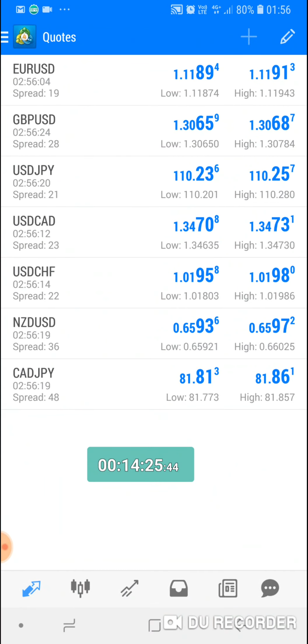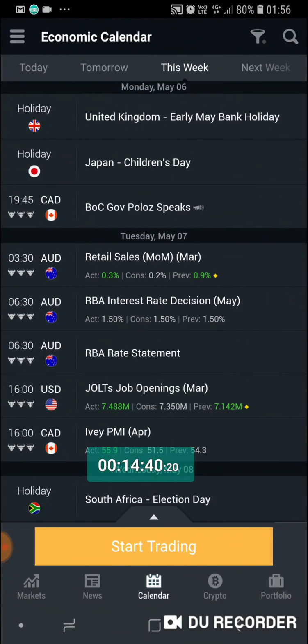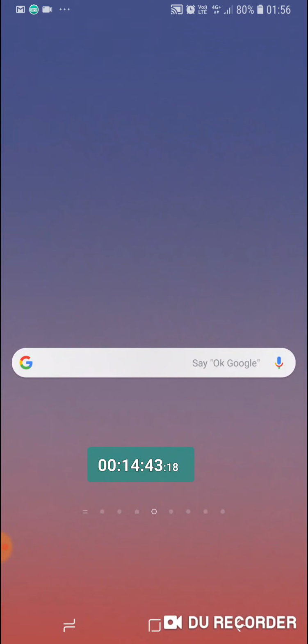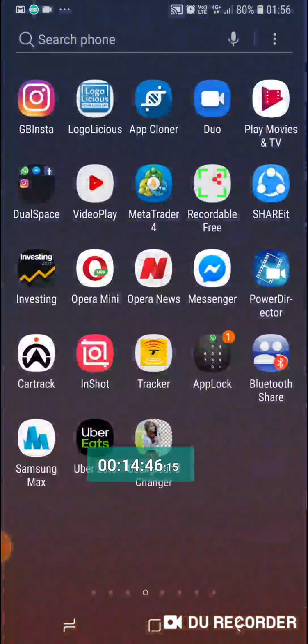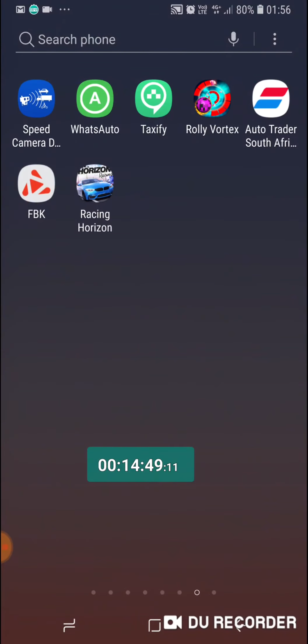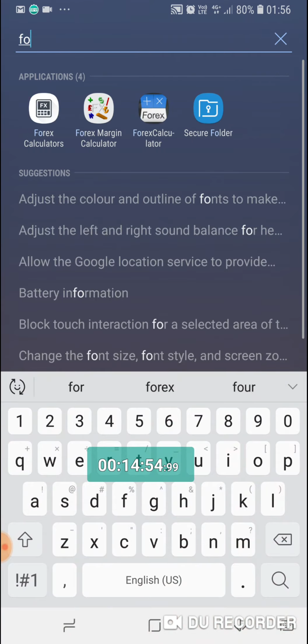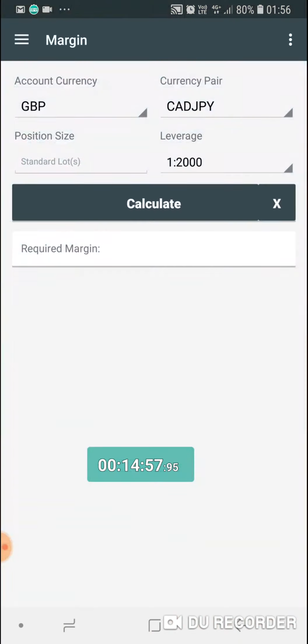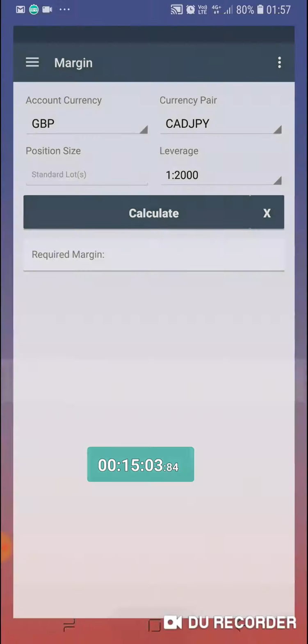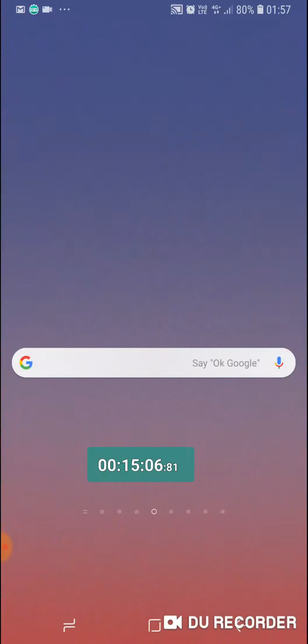Now, before we get started with the 2020 version, let's first remind ourselves of the tools which are needed. You need MetaTrader 4, which is the app which I opened right now. You need investing.com app, which is the app which deals with data. And then you need the stopwatch, which is counting at this very same moment. And one more app which you need, the Forex calculator. However, it's written as Forex calculators. So these are the rightful apps which you need to get started with the new version of Forex 1 Minute